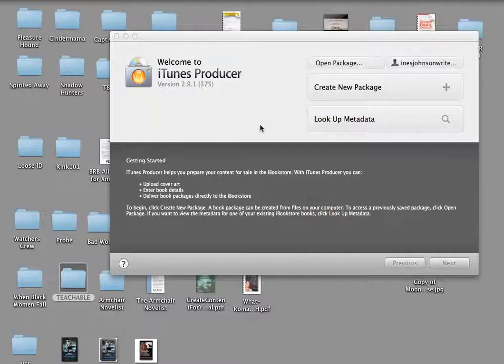If you don't have a Mac, don't despair. There's a way around this, which you'll see in another lesson. You can upload to iTunes through Draft to Digital. So you can skip this lesson if you don't have a Mac, and you can go directly to Draft to Digital. If you do have a Mac and you've downloaded iTunes Producer and you have an iTunes account, let's get